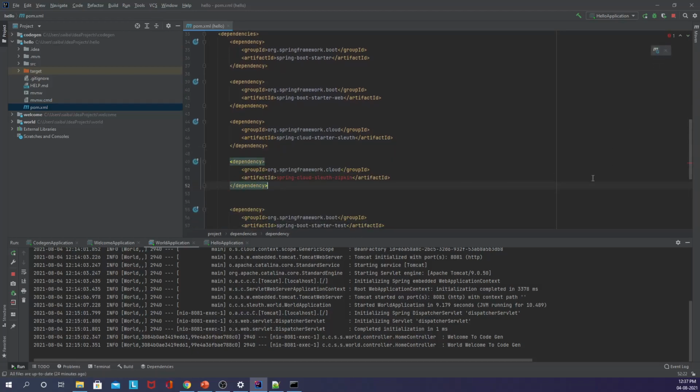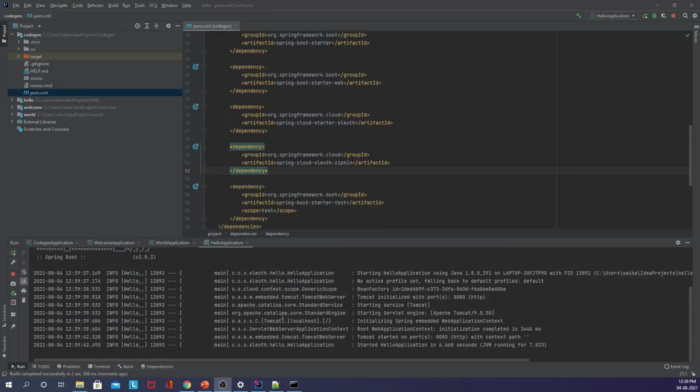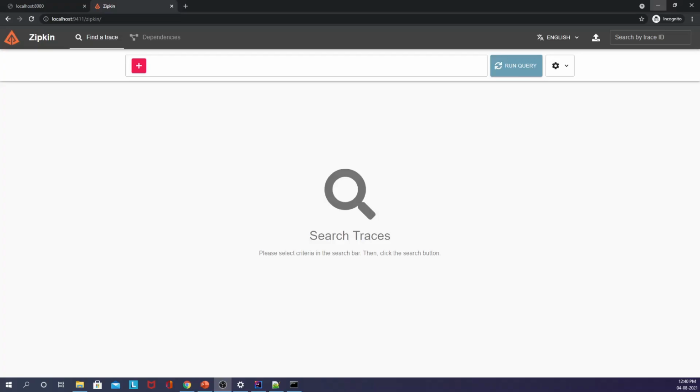So let me take the microservice pom.xml file and add the dependency. Okay, I have added this dependency, and I will be restarting this microservice. Similarly, I need to repeat the same step for all of the remaining microservices. Okay, now I have added the Spring Cloud Sleuth Zipkin dependency for the remaining microservices and restarted them. Now we will invoke that URL and see the microservices sending the trace data to the Zipkin server, and visualize that trace data in the Zipkin server.